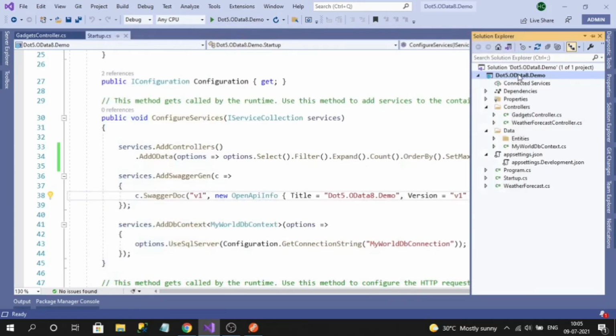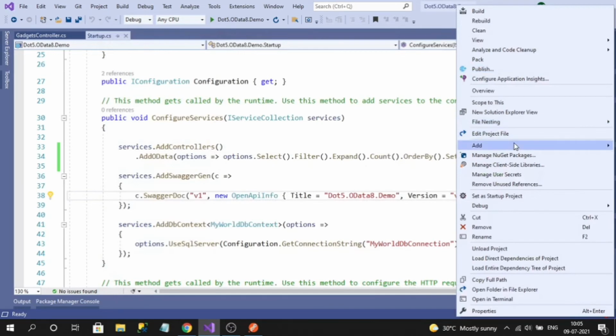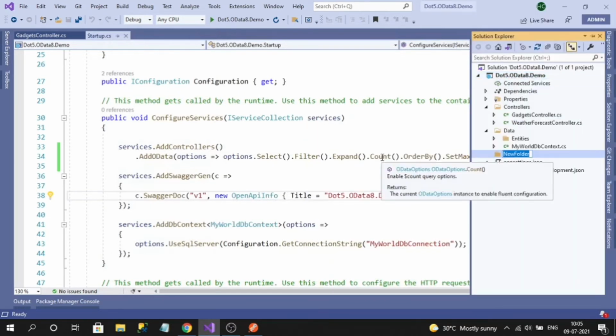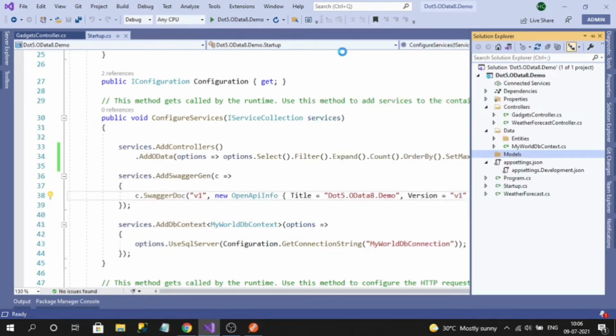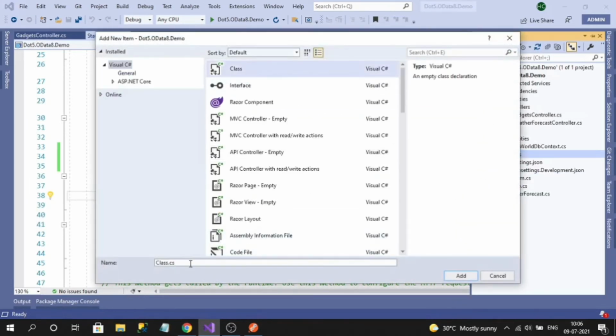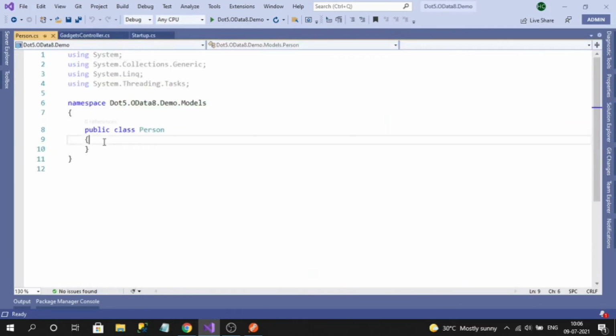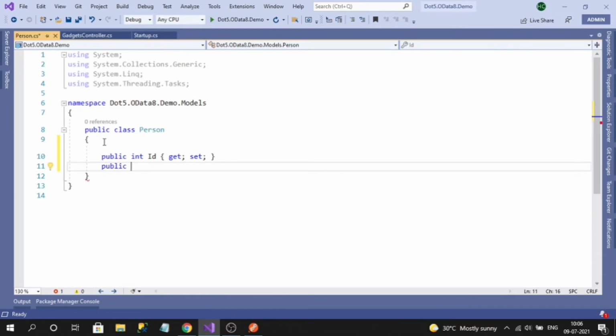First create the folder Models, and inside Models let's create our class Person. This is my class and it will have an ID and a public string Name.